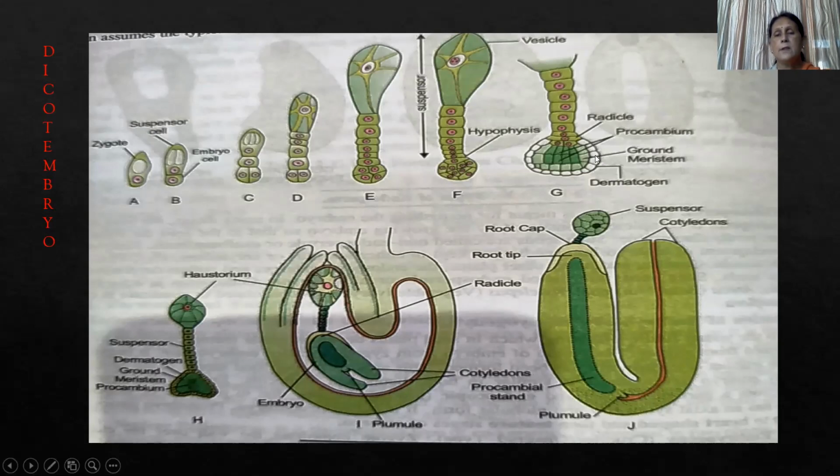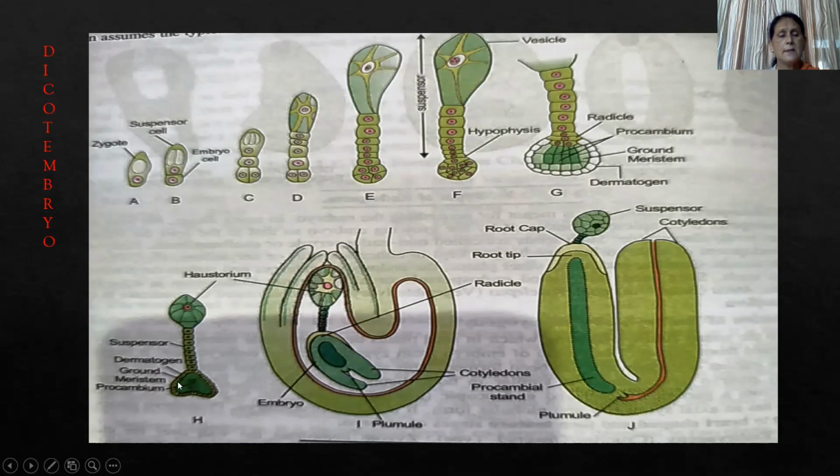And the tissue differentiates into three layers. The outer is called dermatogen, the middle is called periblem, and the central is called plerome, from which the various tissue systems are derived. That is the epidermal tissue system that forms the skin, the ground tissue system that forms the cortex and ground tissue, and the plerome that forms the xylem and phloem part of the vascular bundle. So here the hypophysis develops into the radicle, and